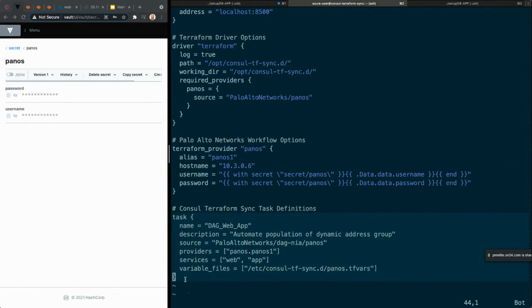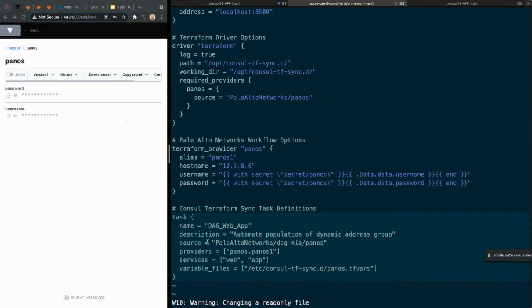Absolutely. So this is where we define what kind of tags to listen to, right? The Consul service catalog metadata coming into Consul-Terraform-Sync will contain this web and application tag. So we're filtering it and only grabbing that information and injecting it into this NIA module.